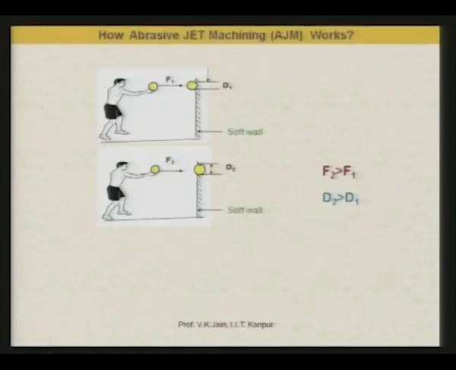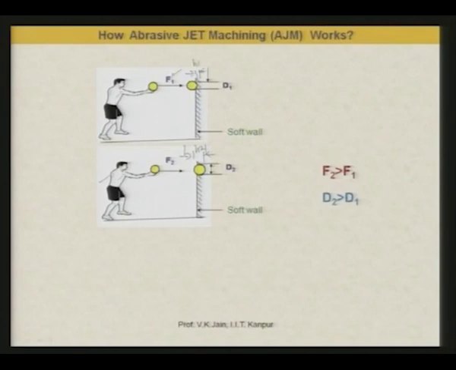Now, let us see this very interesting picture. There are two persons throwing a ball on the wall, and see, the first one is applying the force F1 and it is penetrating to a certain depth and the diameter is D1. Second person is throwing with a force F2 and it is penetrating to a deeper depth. As you can see here, H2 is larger than the depth to which it is penetrating in case of the